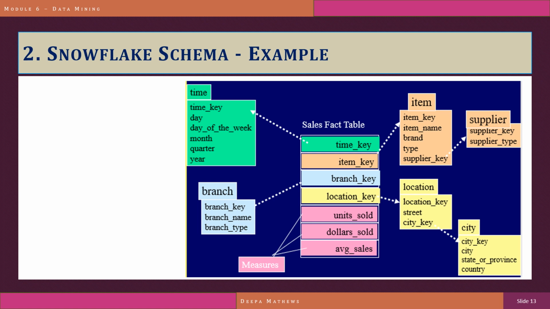So here also we'll be having only a single fact table which consists of keys to each of its related dimensional tables and also the numerical measures. So the only difference between this snowflake and this star schema is that some of the relations or some of the dimensional tables are normalized by splitting up into additional tables. Okay, that's about the snowflake schema.